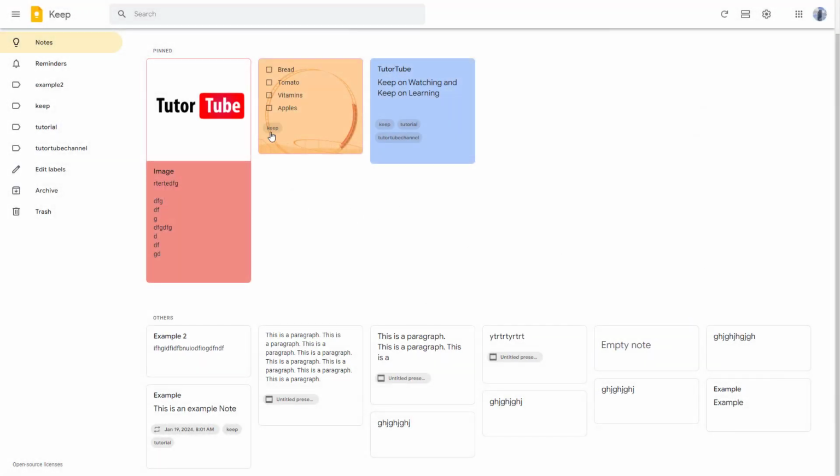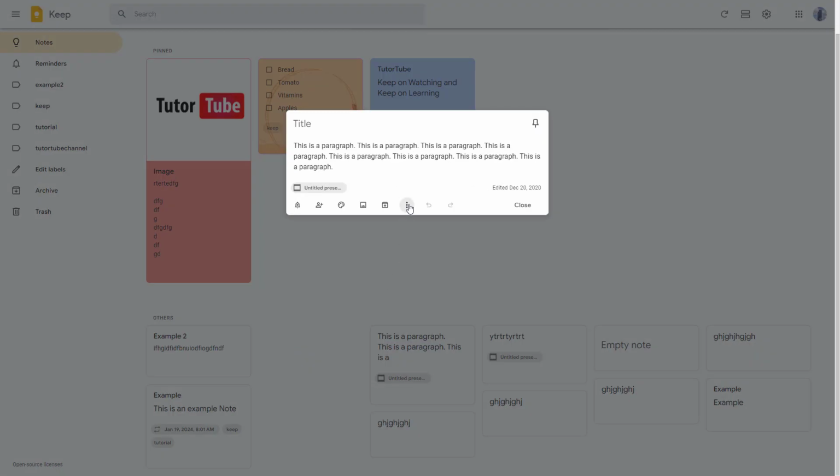So over here you can see that I got a bunch of notes right here, and what you can do with the notes is you can easily make copies of them so that you can edit the copy and keep the original as it is. To do that, I'm going to go onto this particular note right here, and you can click on the